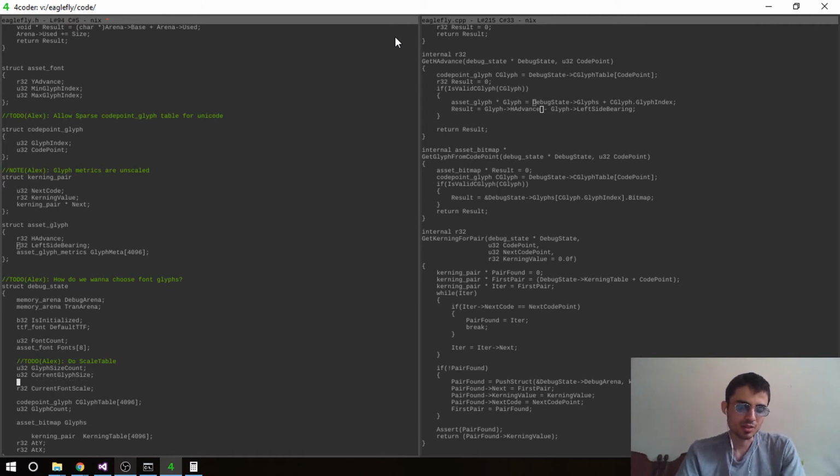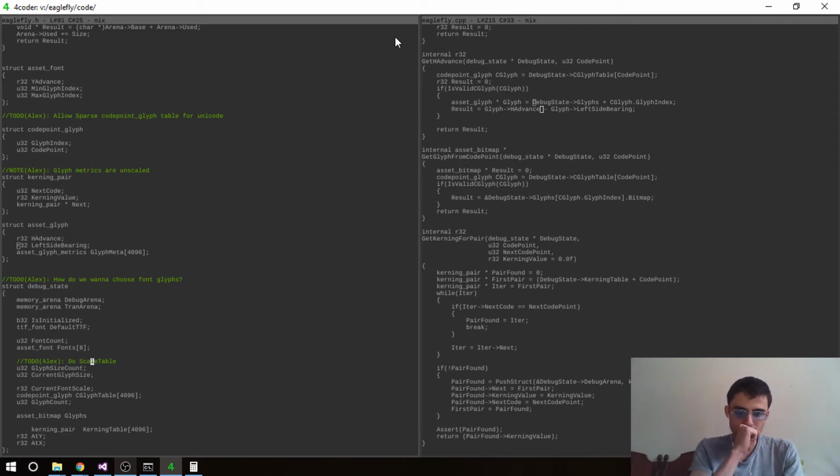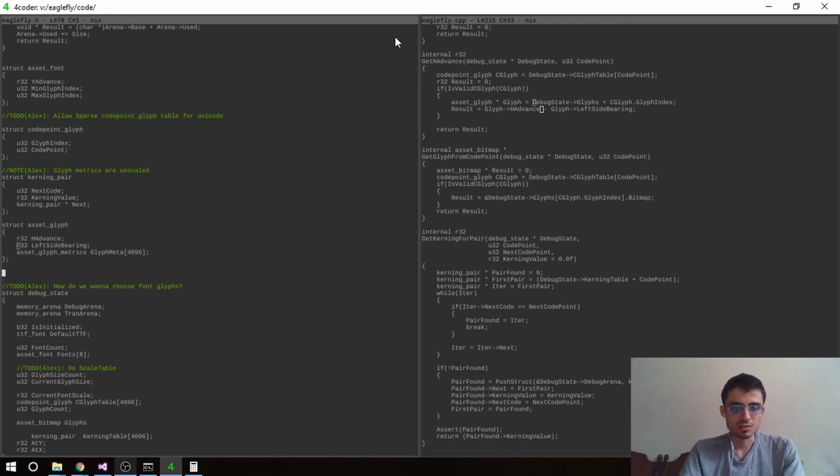I mean, this is totally independent. It doesn't have to do with how we're going to store this, like the scale table. So probably we want to do something like scale table